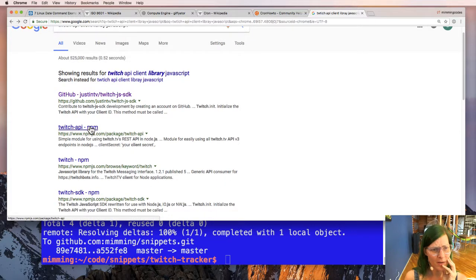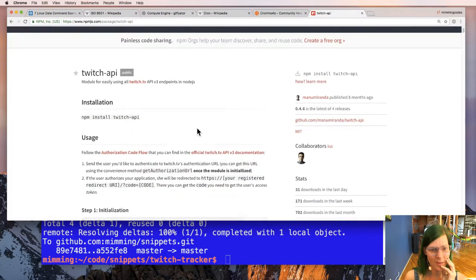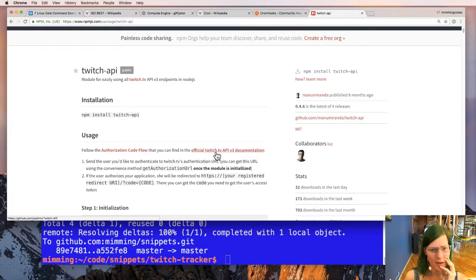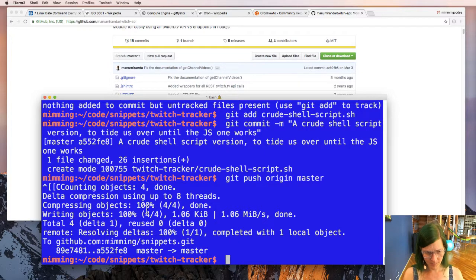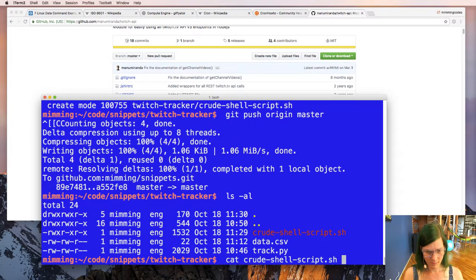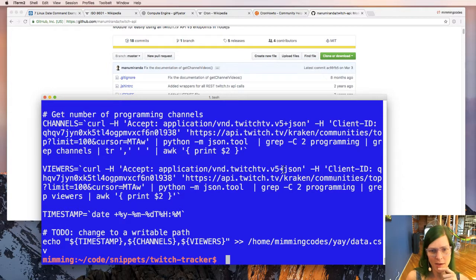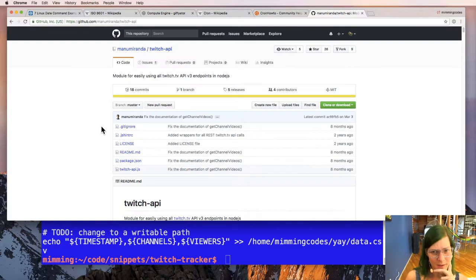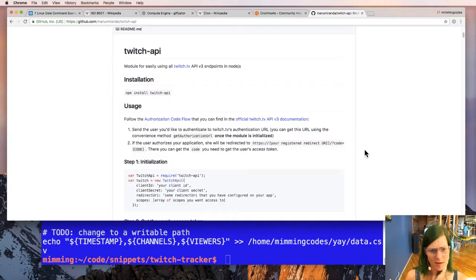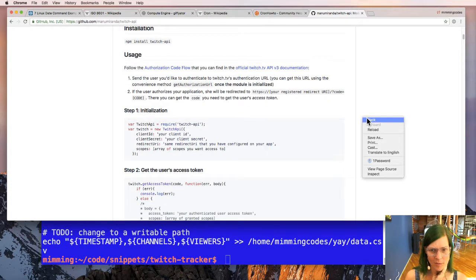There is a couple other modules, the Twitch API module, and this is for the official Twitch v3 API, MIT licensed, but I think we're playing around with the v5 API. So whatever we want to use, we should probably find something that supports the v5 API. And it's gotten some activity within the last 8 months, but I know some of the data I need is only visible in the v5 API.